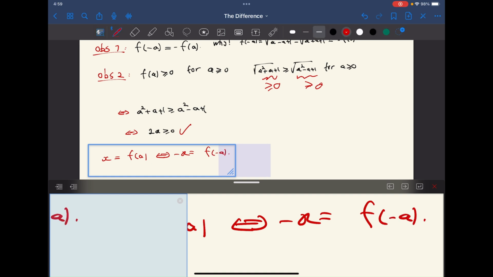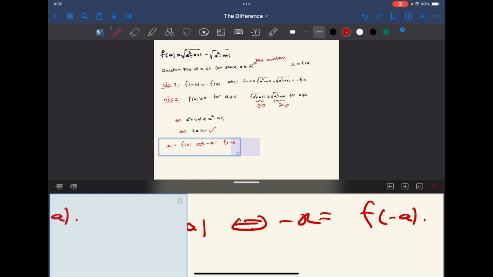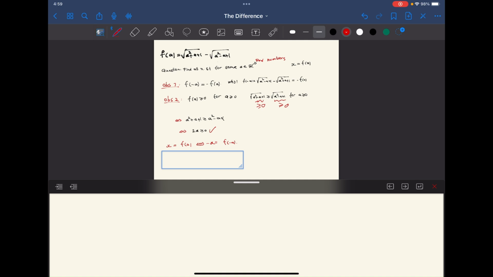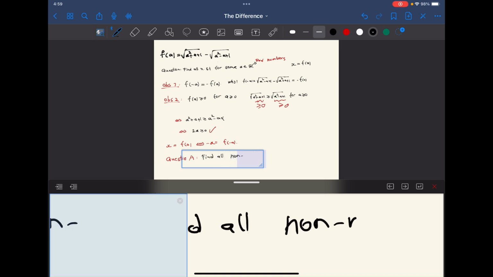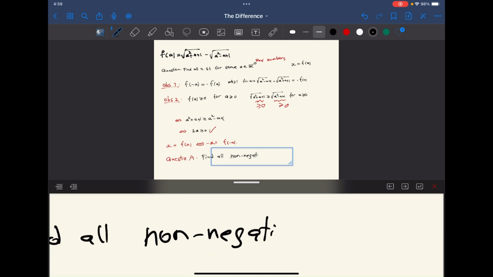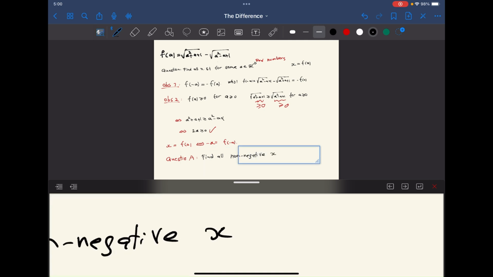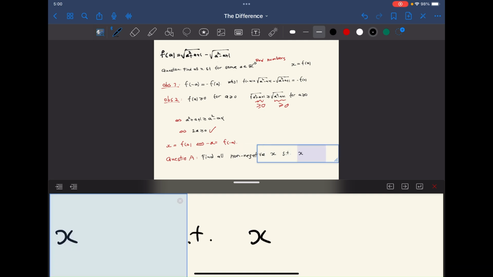And so I can just focus on positive numbers. Basically that means I'm going to reduce the problem. It's like question A is: find all non-negative x such that x is equal to f of a for some